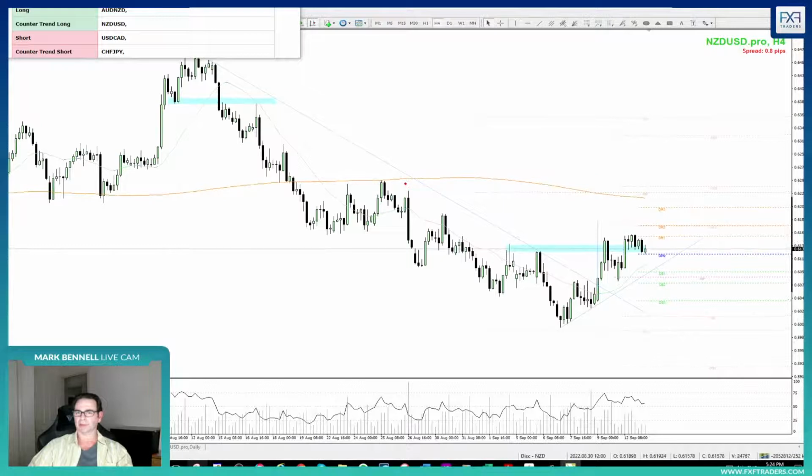Here's the 4 hour. Here's the anchor. So you can see it's having a go at the anchor. So we've got a trend change in here. Very similar look. We're going to move down another swing in here. That would be good. So that's what I'm seeing with that one.